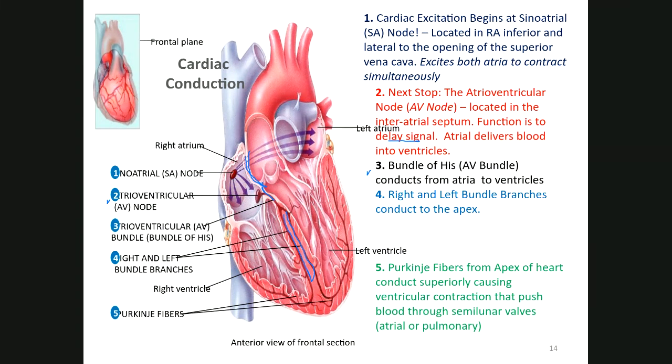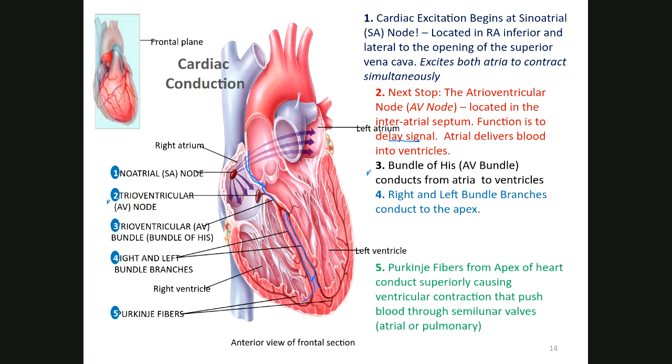Then it's going to get to the apex of the heart, and this is where it's going to divide into the right and left bundle branches along the cardiac muscle tissue, and then eventually from the apex, it's going to stimulate Purkinje fibers, which will initiate